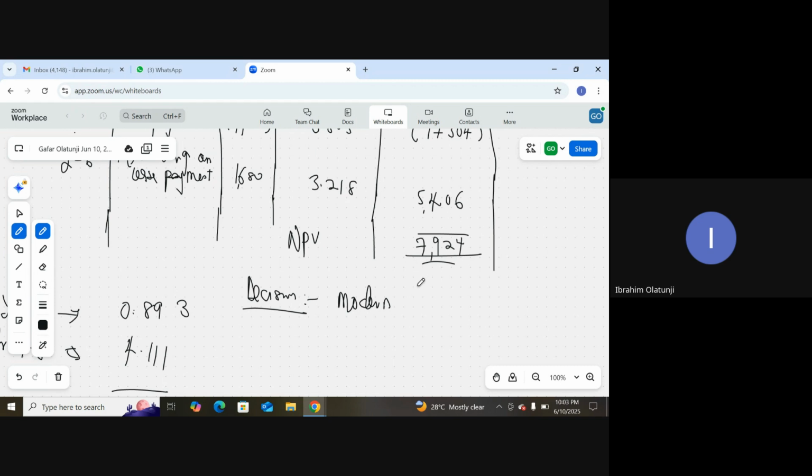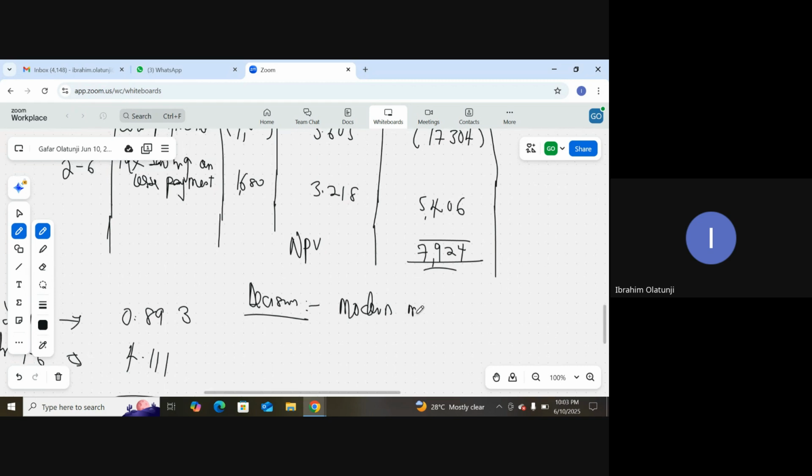So the modern method is considered better than the traditional approach